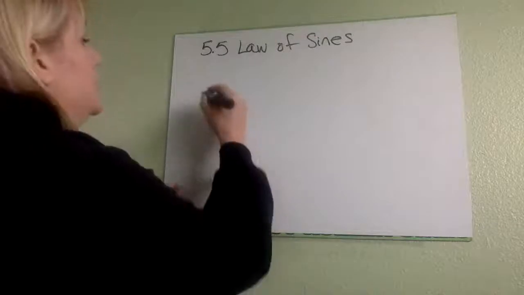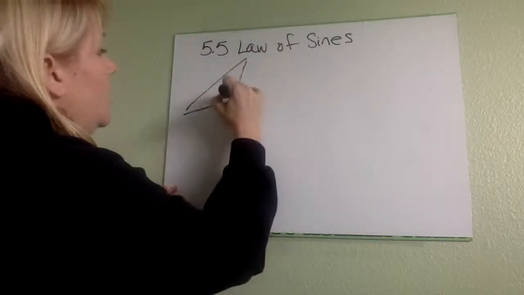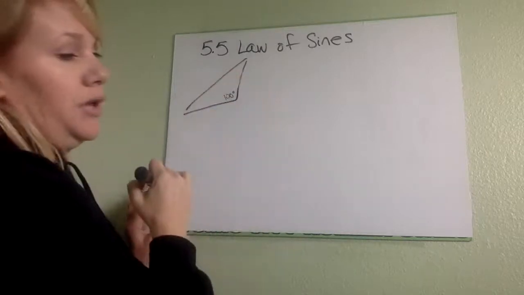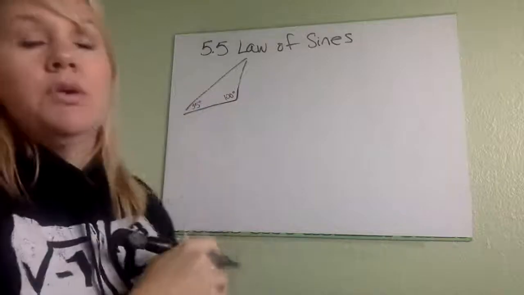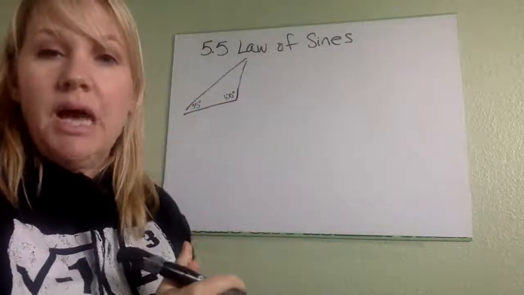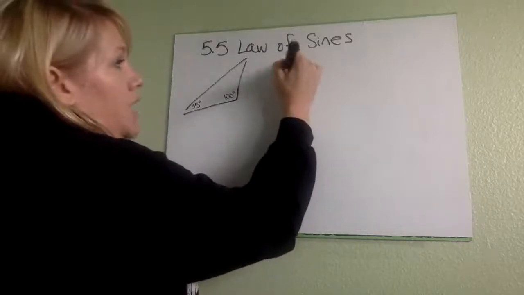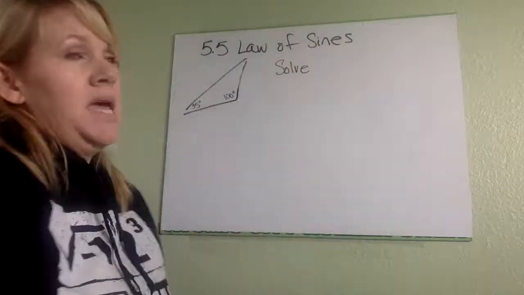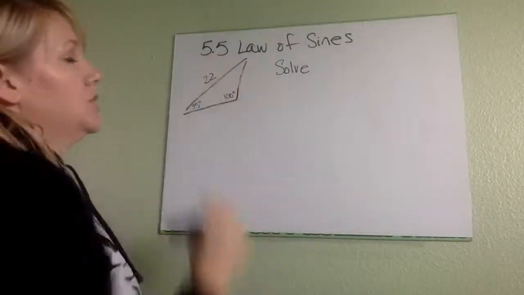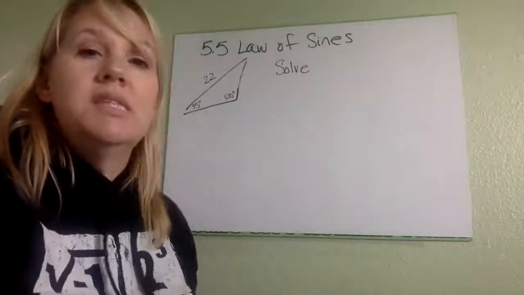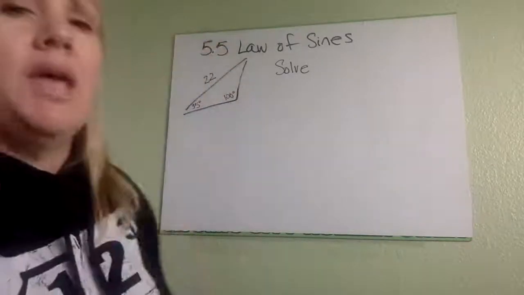So let's just say, for example, that I have this triangle. This big angle in here is 100 degrees. This smaller angle over here is 35 degrees. So we could find the third angle, and it's clearly not a right triangle. So if I ask you to solve the triangle, what does that mean? That means to find everything we don't have. So let's say we have this piece over here, which is 22. How do we find all of the missing pieces, which is two sides and the third angle,